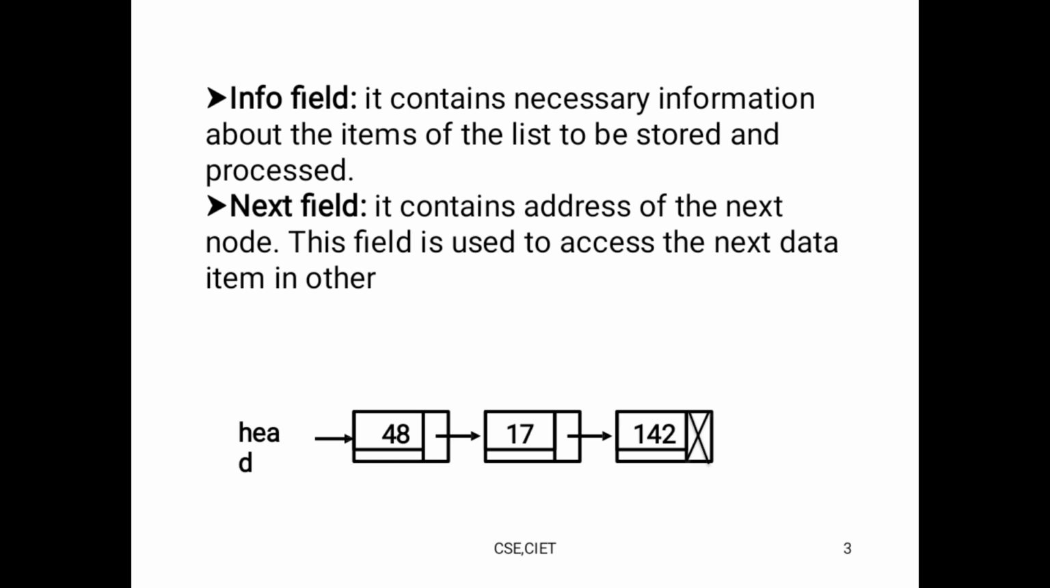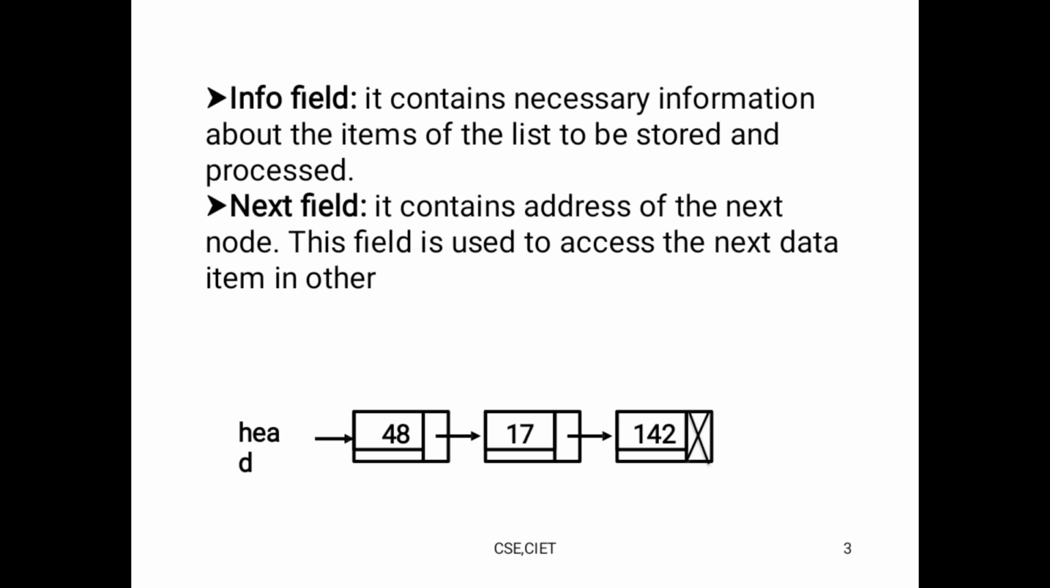So coming to here, let us take a small example. Here the elements are 48, 17 and 142. Here I took three elements. Here the header is pointed at the 48 element, and that is nothing but an information field. After that, the next field stores the address of the next node. So what is the next node here? The 17 is the next node. That information is stored in the